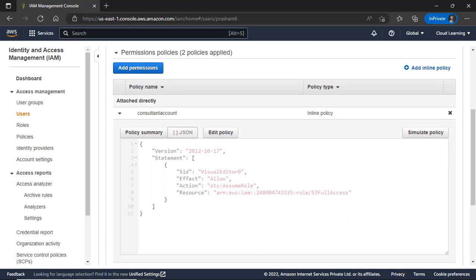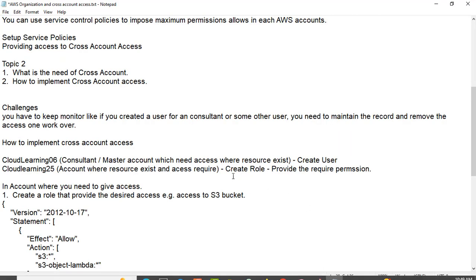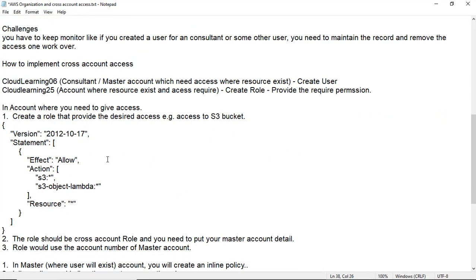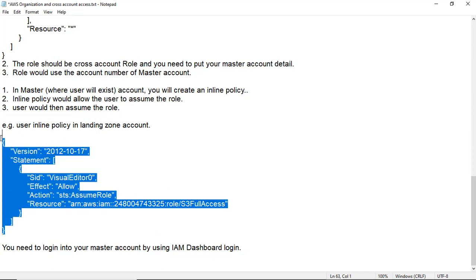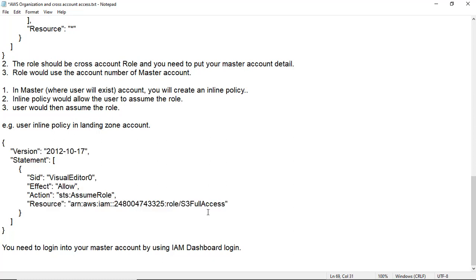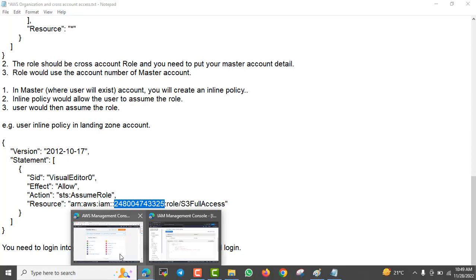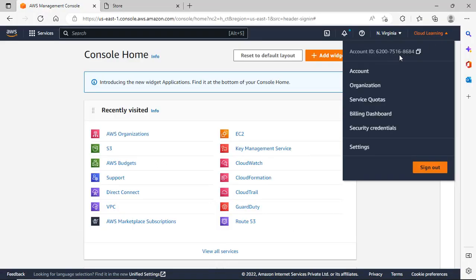So what is that? If you go down, you see here there is one assume policy I have created, so you can just copy paste it. It is just the default: effect allow, action STS assume role, and then which resource it needs to access. It needs to access this resource, Cloud Learning 25, so I have to mention the account number of that. I go there and I will update this account number